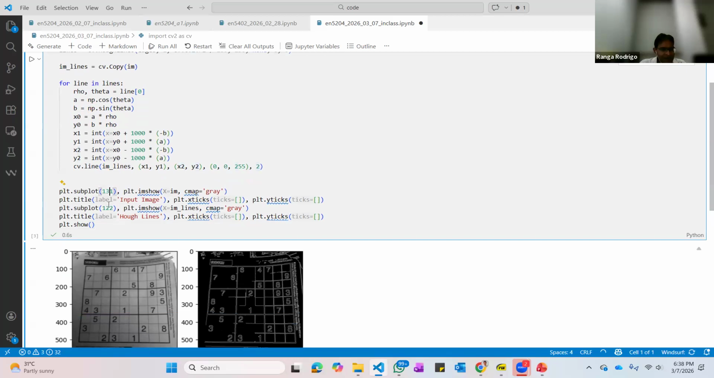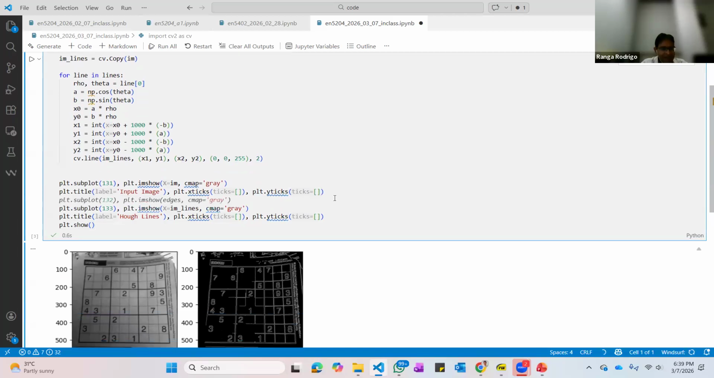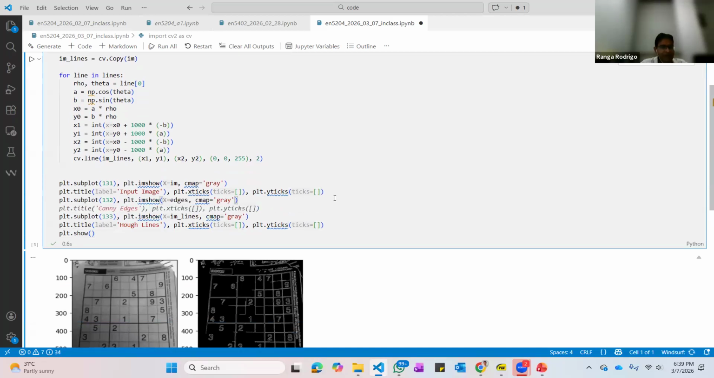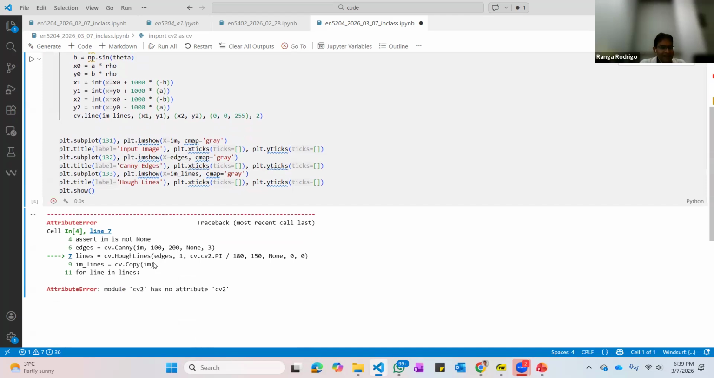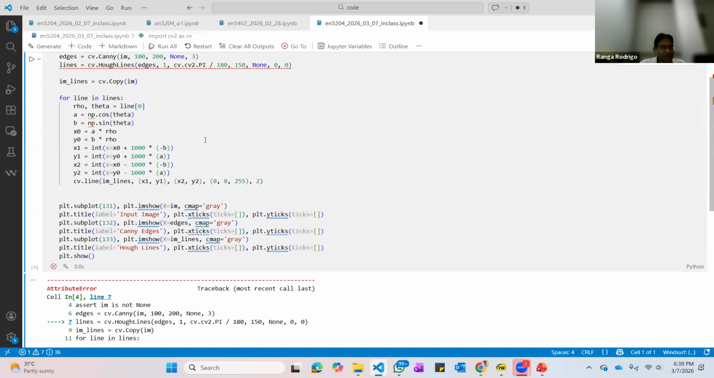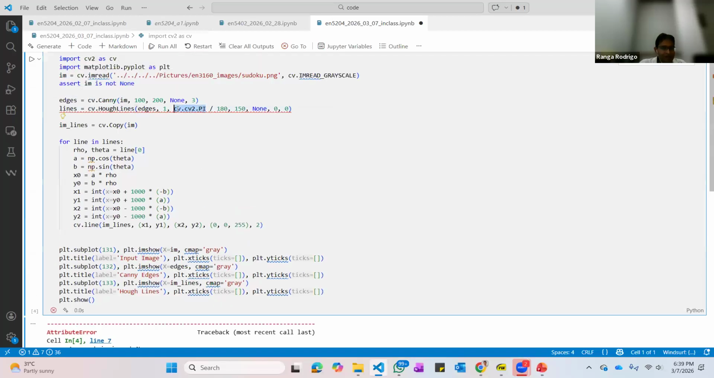1, 3, 1, 1, 3, 3. And I plot the Canny edges here. Here is plot edges, Canny edges. Okay, I hope this is correct. Let's run that. Error: cv2 has no attribute line, cv HoughLines. I put cv2, that's a problem. So I can use np